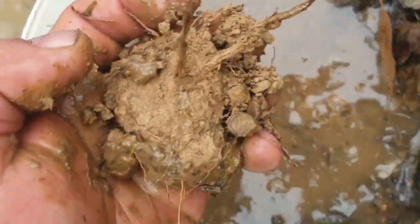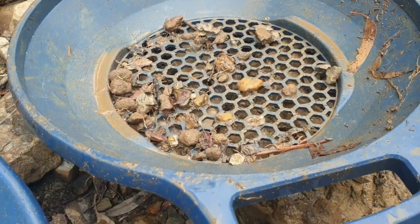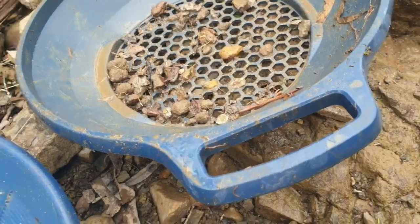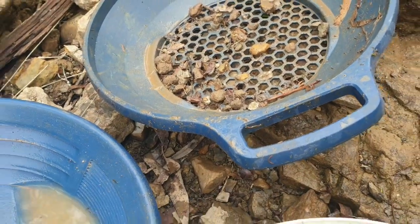Hopefully you should be able to see that's quite dry. So I'll give it a little bit of a soak. I thought it's been a bit of a bugger, so I've got some bits of dry sort of dirt there. Thought let's just do a pan, or half a pan, and see if we can get some colour. And